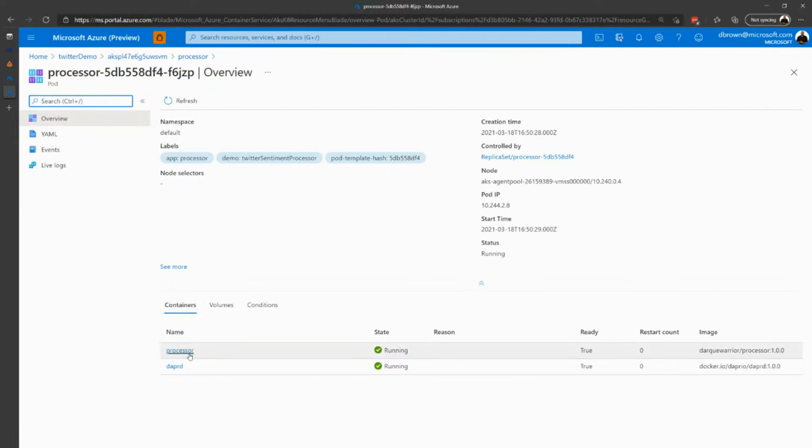One of those workloads is my processor. And alongside the image that I've produced for my processor is the Dapr sidecar. And this is where all the magic happens. When you're talking about security between communications, service invocations, secrets management, state management, bindings, input and output bindings, and observability, when Dapr does that, it does it in that particular sidecar. It's a very tiny sidecar.